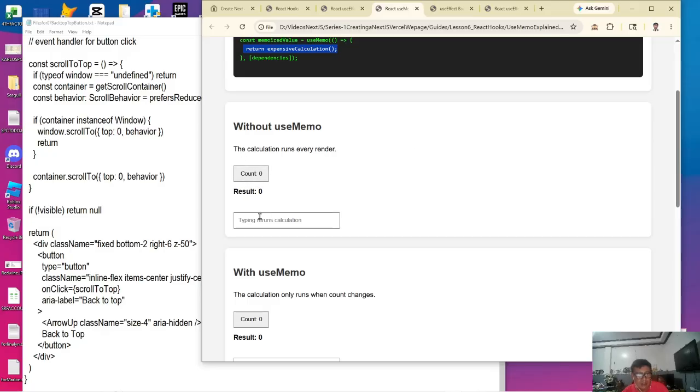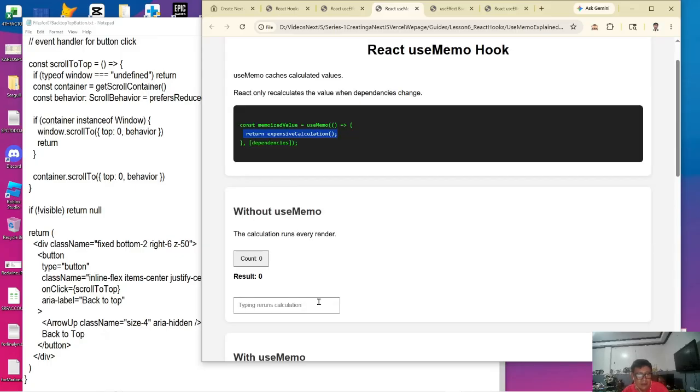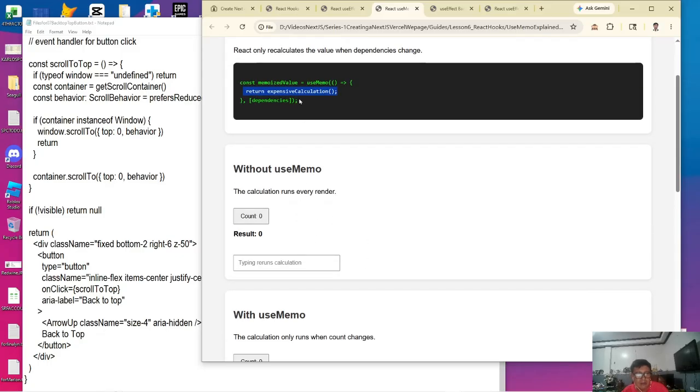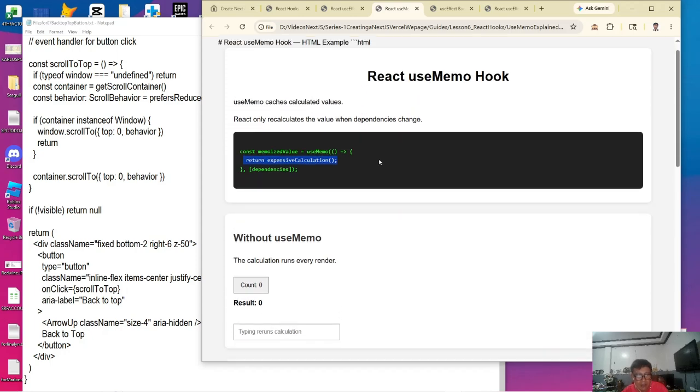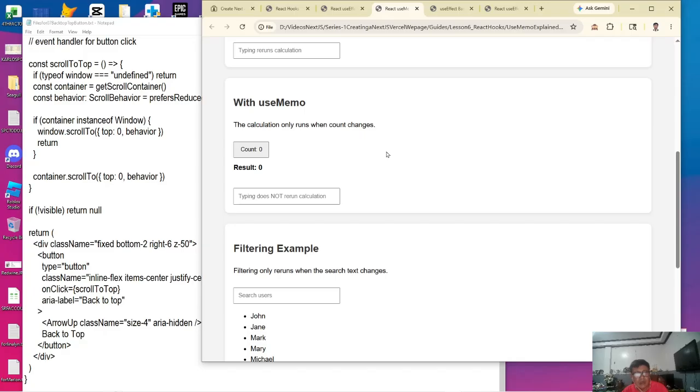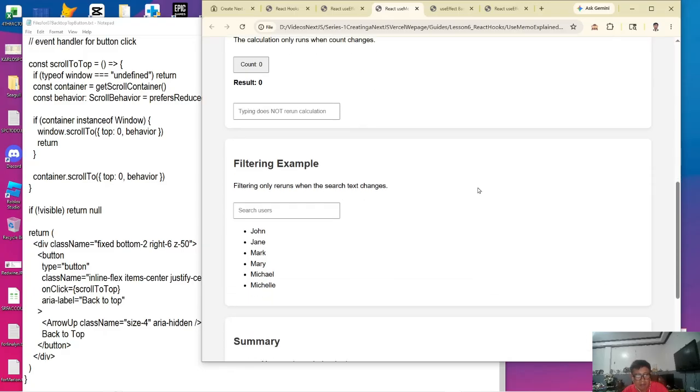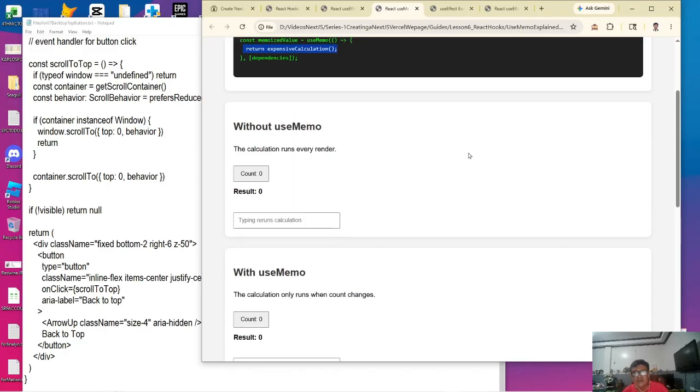You have a count and we have a text. If you type a text, automatically this component will be rendered and the expensive calculation will be repeated. If you use it inside a useMemo, it will only be executed once, not on every render. Without useMemo, the calculation runs when the count changes. So that's the importance of useMemo.